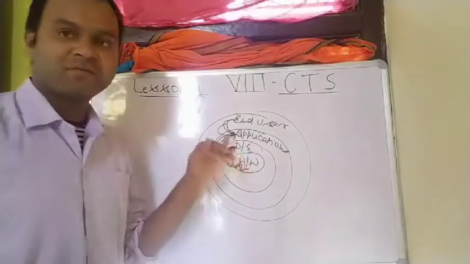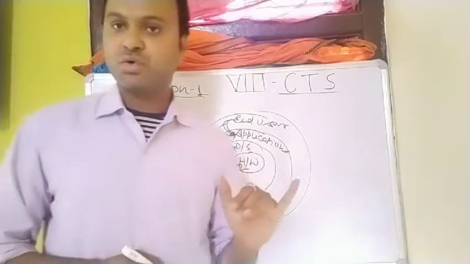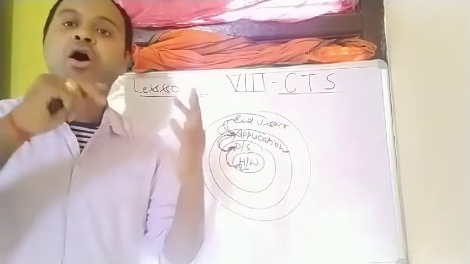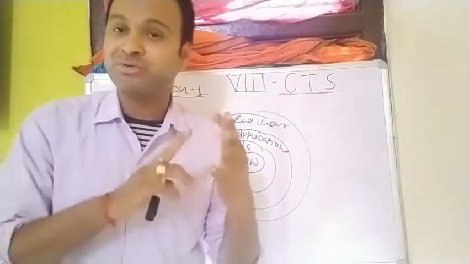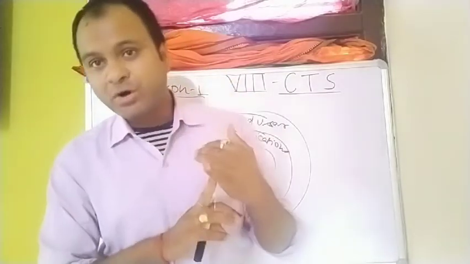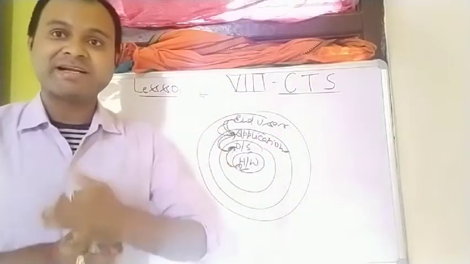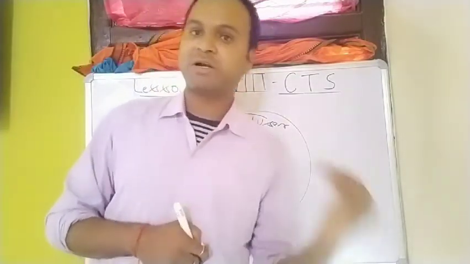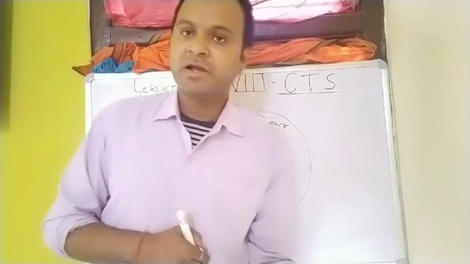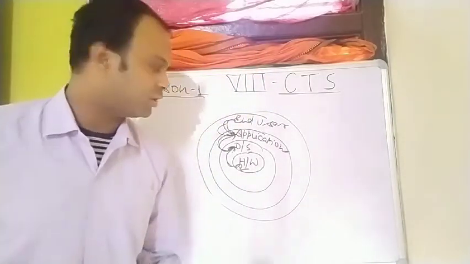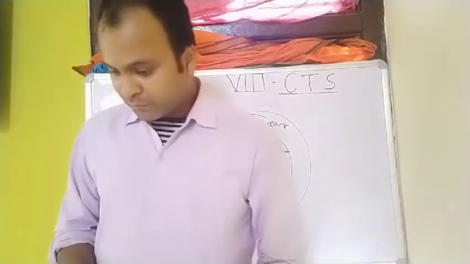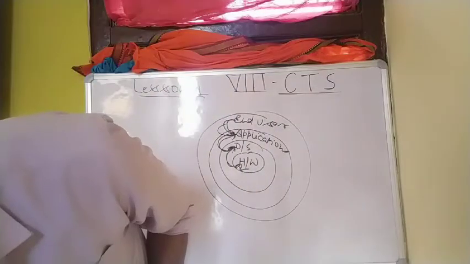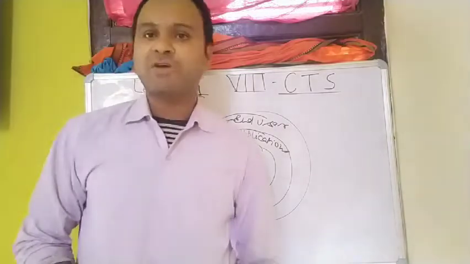So the operating system works just like a coordinator and controller for everything which happens: all the processing, storage, memory management, process management, even security, and the coordination between different hardware parts. How the data will transfer from one part to another, and how the data will be stored in the computer system, will also be managed by the operating system. So now we are going to discuss the features or functions of the operating system.